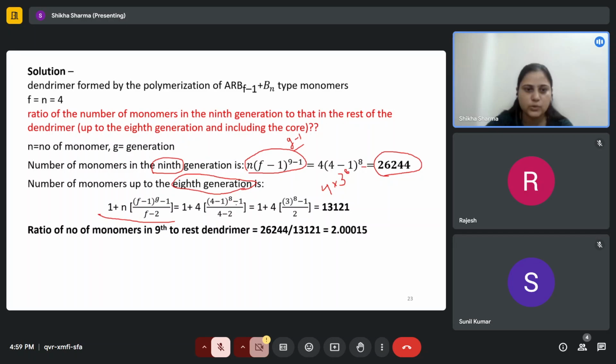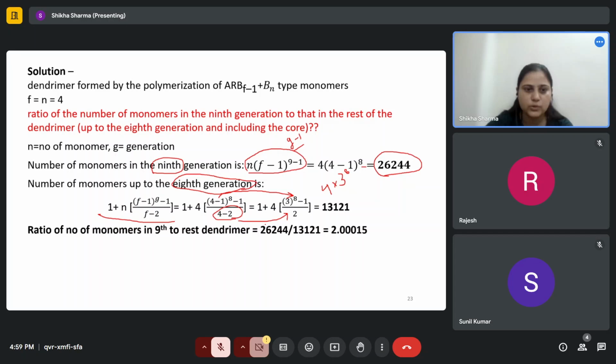So 8, and then minus 1 divided by f minus 2, which is functionality minus 2, equals 4 minus 2. So 1 plus 4, here the denominator 4 minus 1 is 4 minus 2, which is 2. In the numerator it's 4 minus 1 to the power 8, so here 3 to the power 8 minus 1. So when we calculate 1 plus 4 and then multiply by 3 to the power 8 minus 1, the denominator is divided by 2, equals